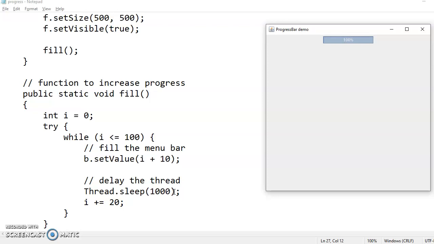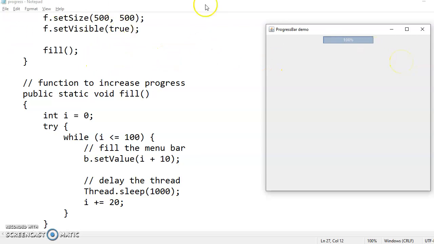You will directly see 0 to 100. But even though it is gradually increasing, you won't be able to see 10% on the screen, 20% on the screen. So for that purpose, you have to use a sleep method, so that for certain fraction period of time, you can see the percentage 10, 20, 30, and then 100.